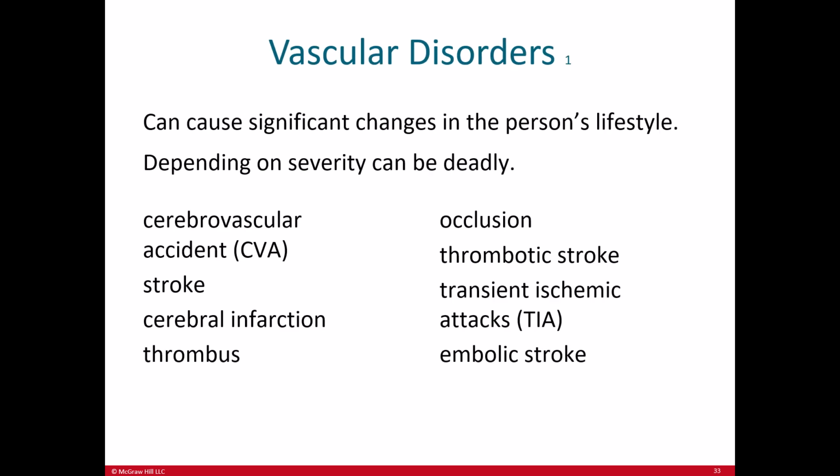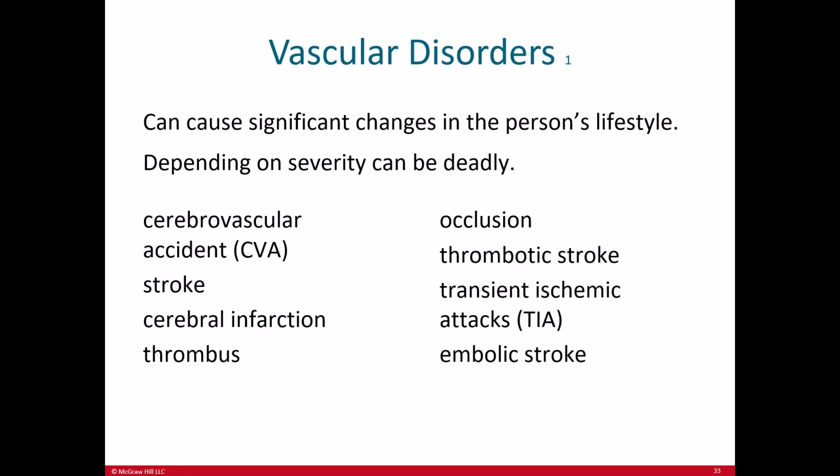Let's look at vascular disorders. So these can cause significant changes in a person's lifestyle. Depending on the severity, they can also be deadly. So we have cerebrovascular accident, CVA. This is also known as a stroke. Then we have cerebral infarction, thrombus. Remember, that's a blood clot that's in place. That's important to know. A thrombus is in place. Occlusion. And then we have thrombotic stroke, transient ischemic attack, TIA, which is also known as a mini stroke,